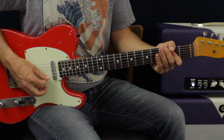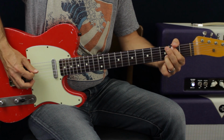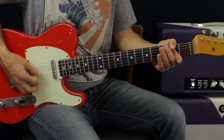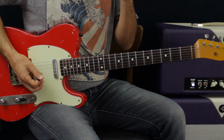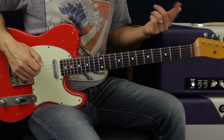Back to the original. Okay, so it's just going to go back and forth between those 2 different versions. So when we start the chorus...